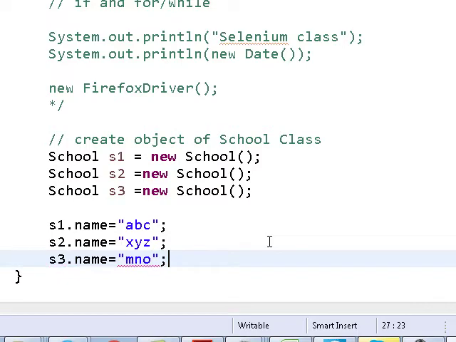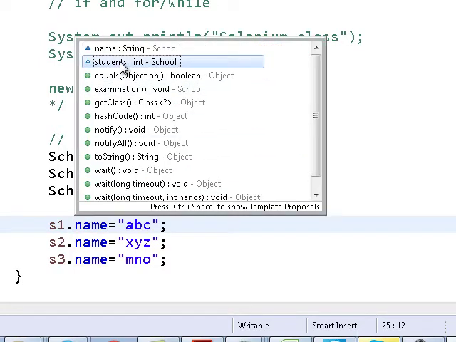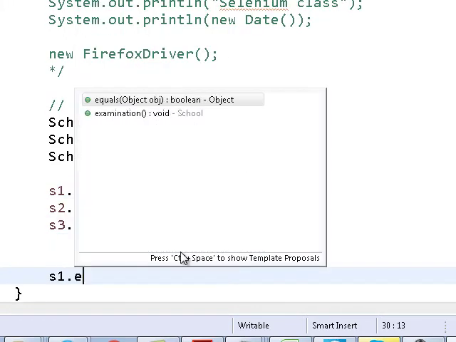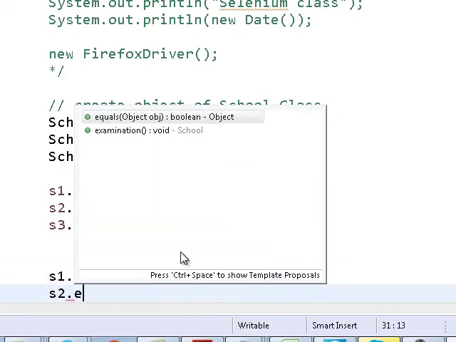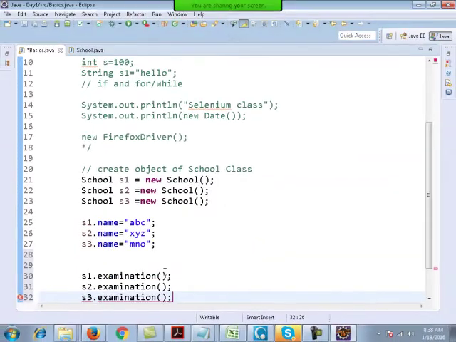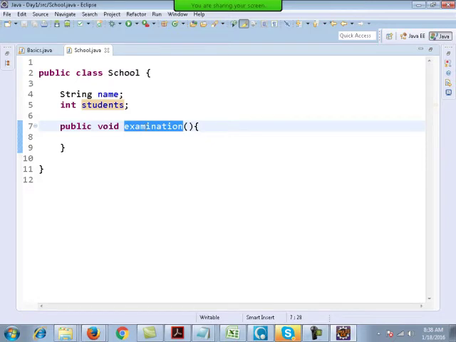any name. Even the other variables, when you write S1 dot, you will get the other variables like number of students, you can give it a number. Or you can also call the function S1 dot examination, S2 dot examination, and S3 dot examination. If I call this function examination, this will be called.